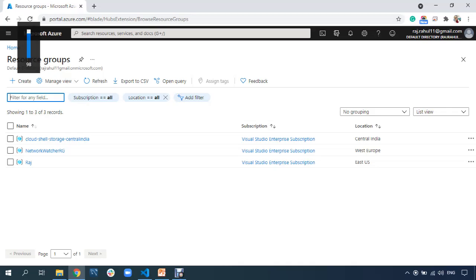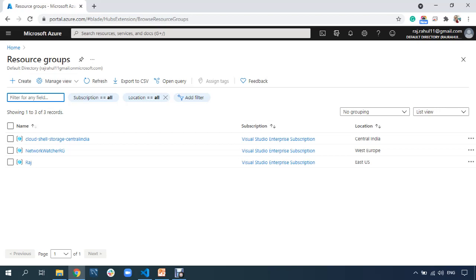Hi everyone. So in the last video we have seen how to create the resources. So I think now you are perfect in creating the resources. You know how to create a virtual network, a virtual machine, and how to create the storage account or any other resources whenever you want to create it. You know how to do that.